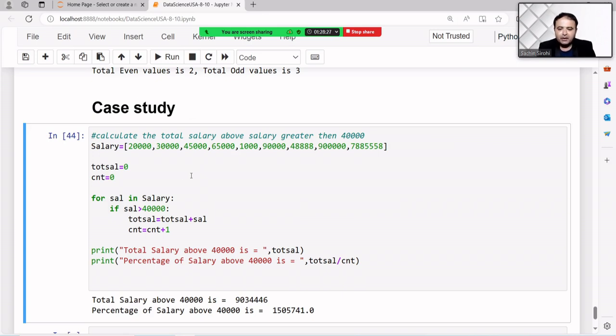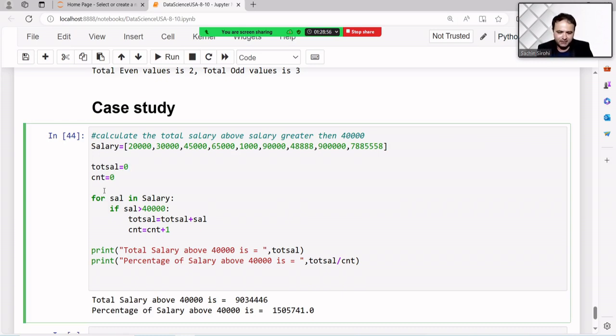Similar to Excel, where we store the salary numbers and write a formula, we have a SUMIF formula. I think some of you know SUMIF very well. So we want to sum only those salaries greater than 40. Similarly, in Python we want to write the logic. So total salary is 0; we take a variable as per my requirement.